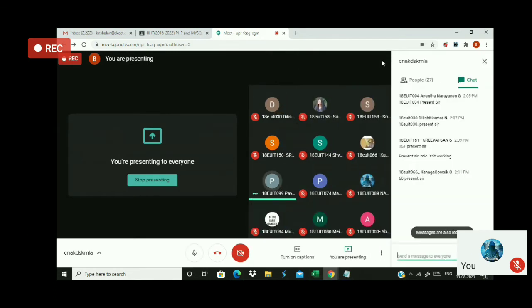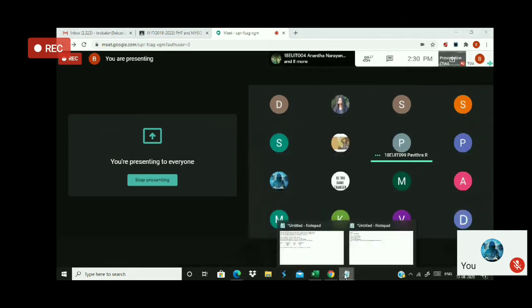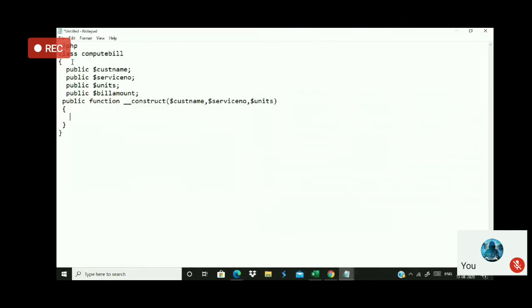Yes, sir. Okay, Pavitra, can you tell me how to initialize these public parameters using these local variables? I have 3 local variables and I have 3 public parameters. Just ignore this 4th one, because it is going to be generated automatically. Now I have to initialize these 3 parameters with the help of these 3 local variables. So what should I do?